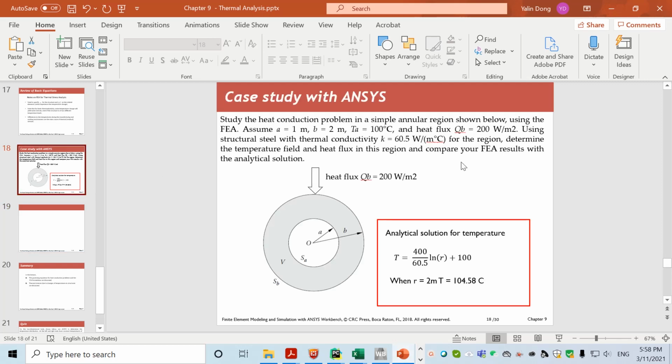Class, today we'll look at a simple example that uses ANSYS Workbench to solve a steady state thermal analysis problem. The problem we will solve here is a 2D problem. The structure is an annulus region where, at the inner boundary, A equals 1 meter, the temperature is 100, and